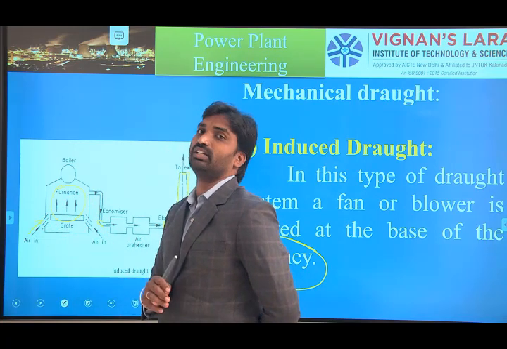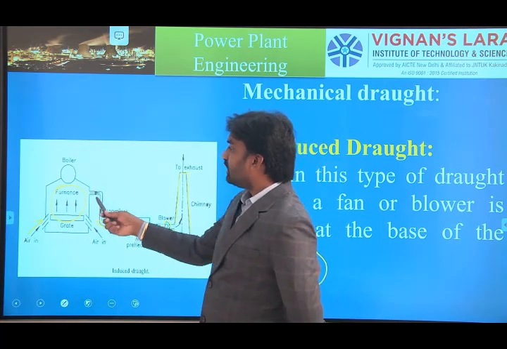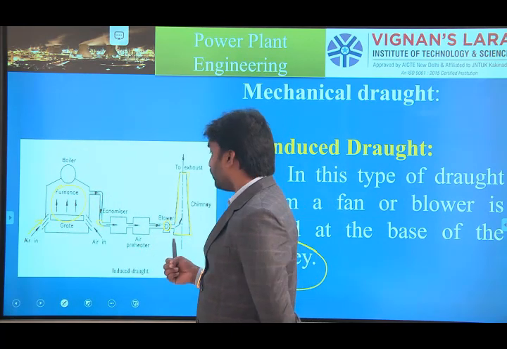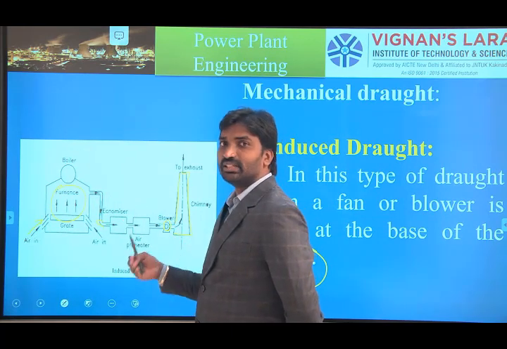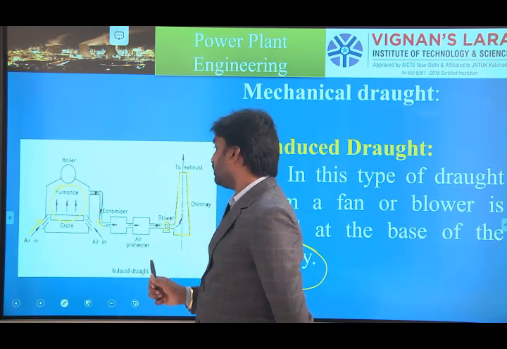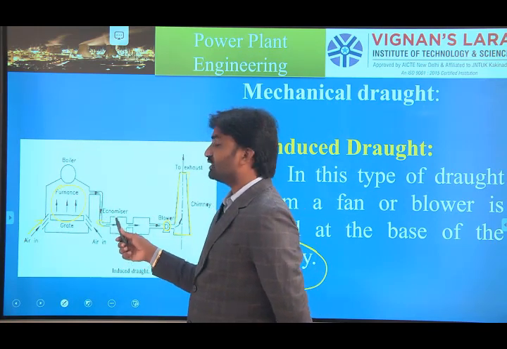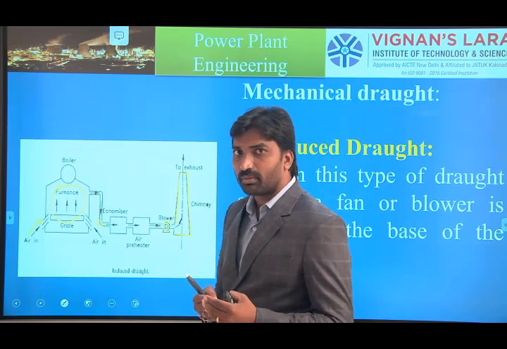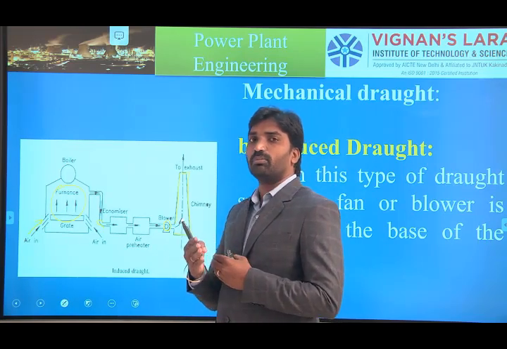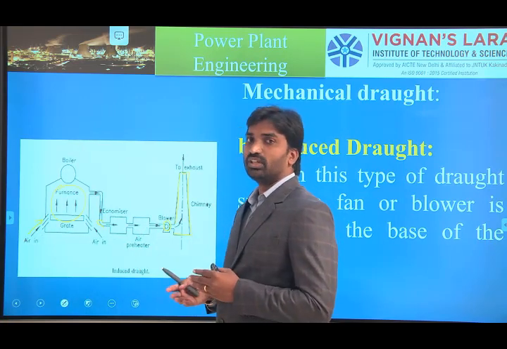That is the one advantage. What about the second advantage? The exhaust gases, which are extracted by using a blower, have a temperature that is used for two components: one is the economizer and the second one is the air preheater. The exhaust gas temperature is initially used for the economizer, where water entering the boiler is heated, and the second one is the air preheater, where the air is heated.